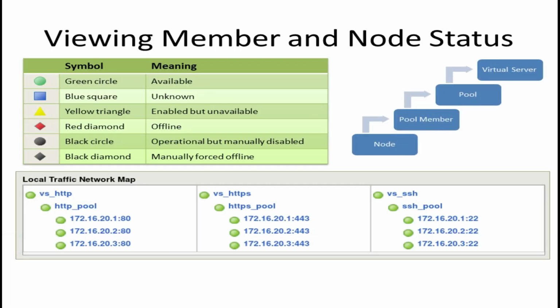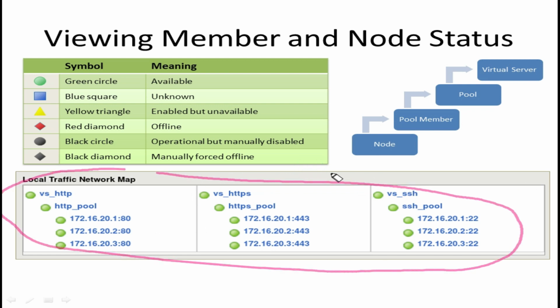So here we can see a very beautiful slide which is talking about all of the color sections. This is the network map output. Network map is something where you can see each and everything in one go. This is your virtual server, this is your pool, and these are your node members, associated with what kind of service: it is like 80, 443, SSH service. So similarly we can create it in our lab also, and we will see.